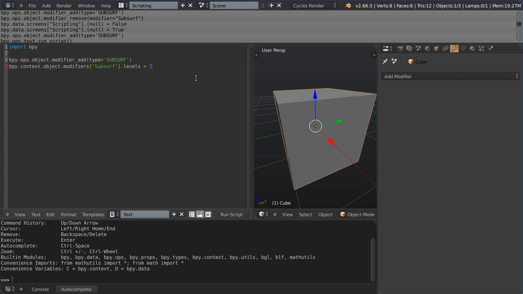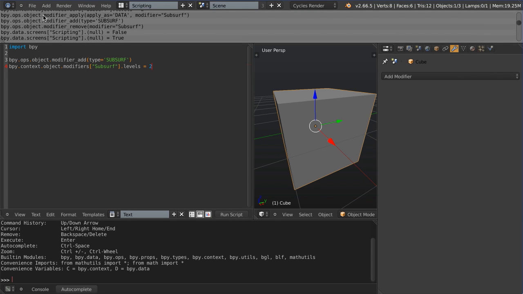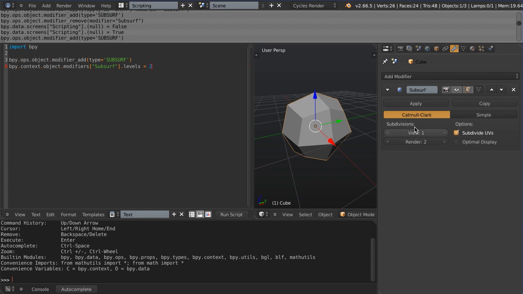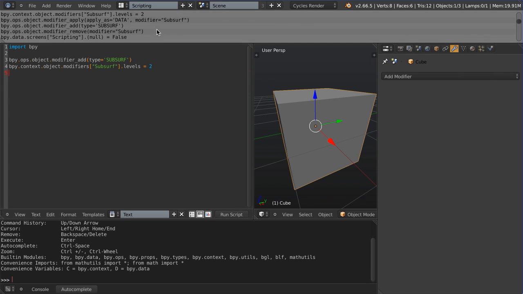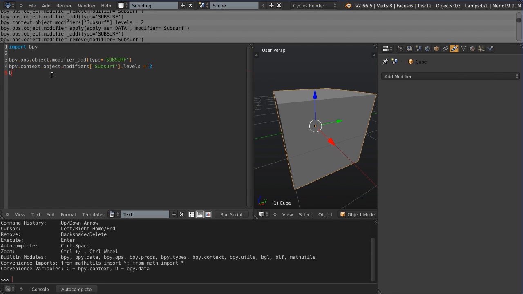So the next step then is to apply that modifier. So if we scroll up, we can see when I applied it, it was ops.object.modifier_apply rather than modifier_add, and then it's apply_as equals, because when you apply a modifier, you can actually see there are 2 different ways to apply it, which is as data, and I believe as something else, but we don't really need to worry about that. But we're just going to mimic what we see here for the time being. So it's bpy.ops.object.modifier_apply, parentheses, and then apply_as equals,